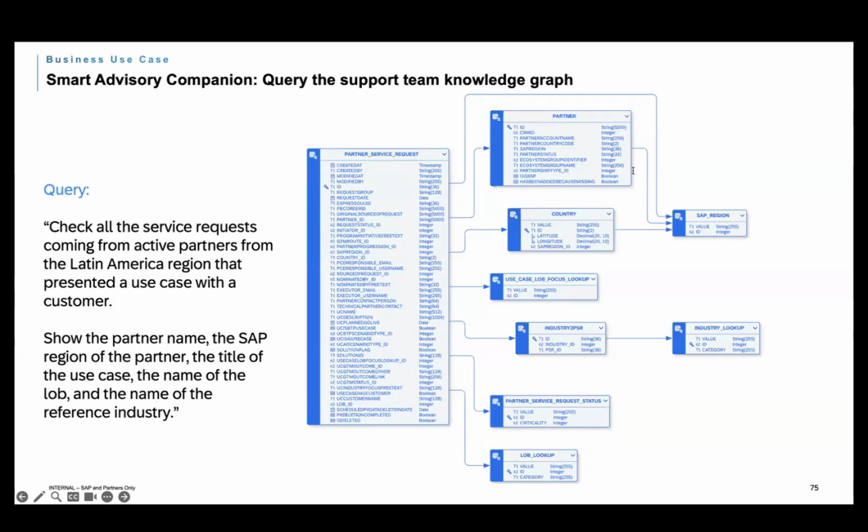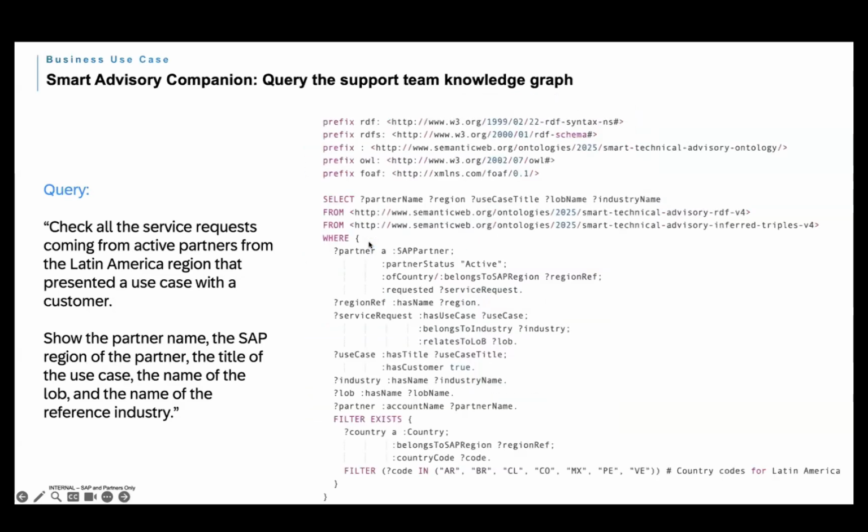But in the custom knowledge graph built on top of, or starting from, the data model, all the semantics about tables, columns, and the relationships existing in the relational data model are explicitly given. And this simplifies the task of writing queries. We can have a look at the corresponding